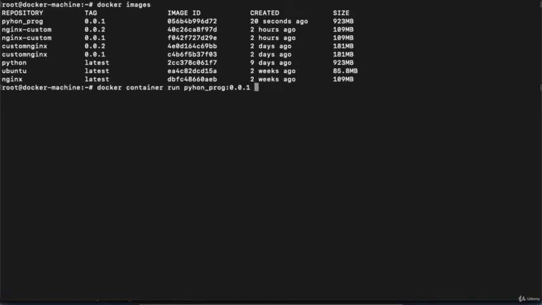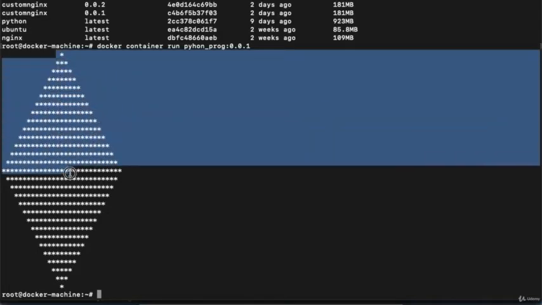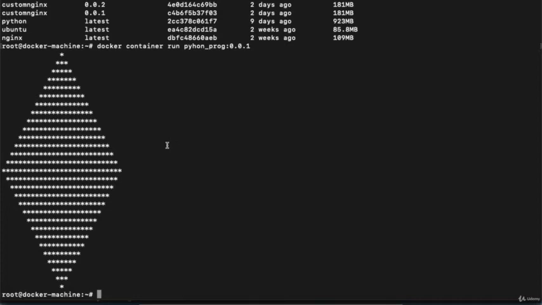Over here, we don't need to provide any port or anything else because we don't have this kind of configuration inside the Docker file. We just need to execute a program which we have already defined inside our Docker file. Hit enter and it will execute your program. See, it is printing the complete diamond structure which we have programmed inside my script, right?